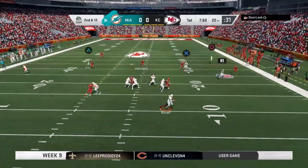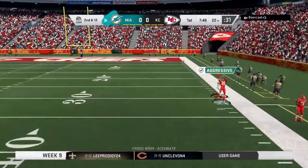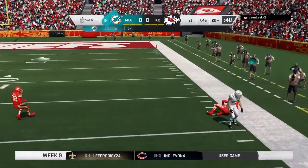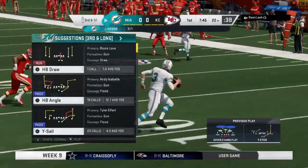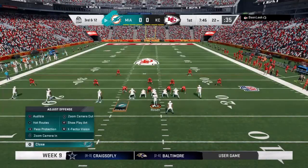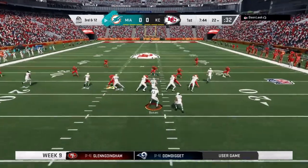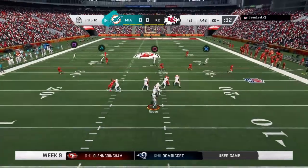From the gun, it's Rosen. Flushed out right. Now he's going to let it go deep right sideline. And that is intercepted on the sideline. Wait, no. They'll say no. It was caught out of bounds. So this is just an incompletion here. An incomplete pass on that last play, and that means they'll need to come up with something here on 3rd